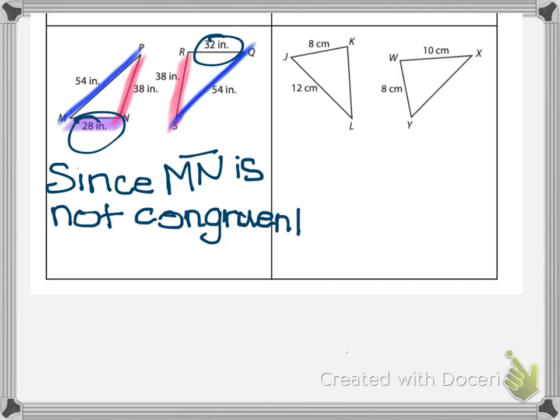It's taking way longer than it should. Okay, so since MN is not congruent to QR,